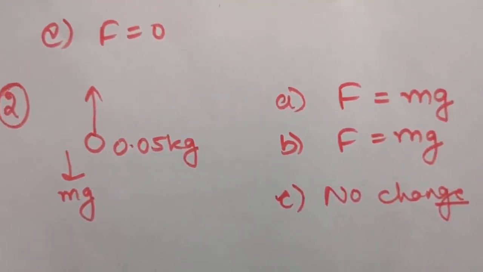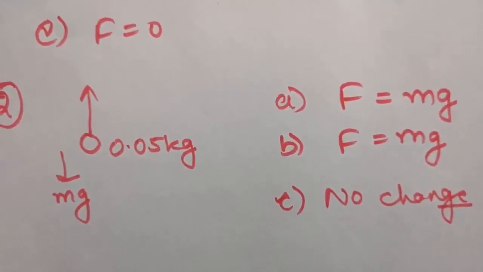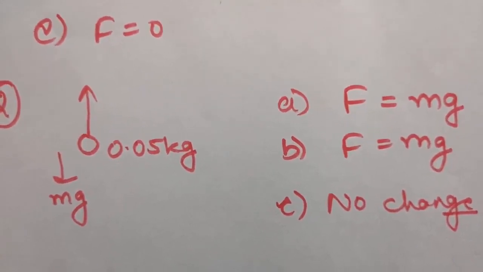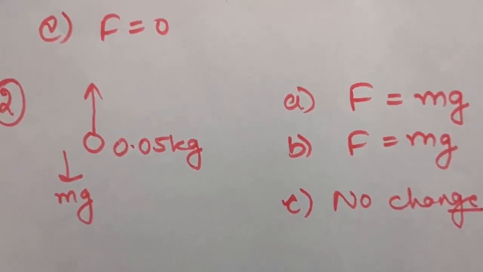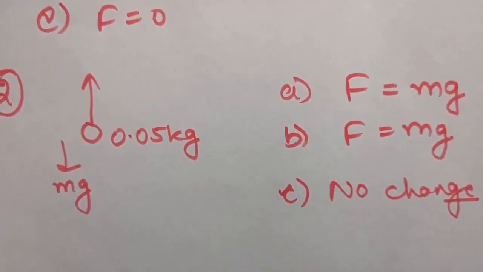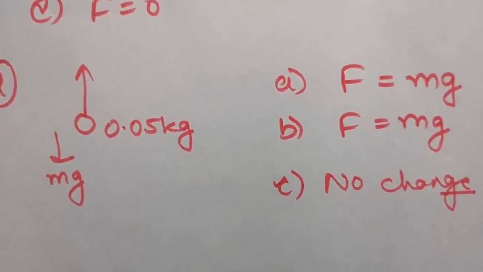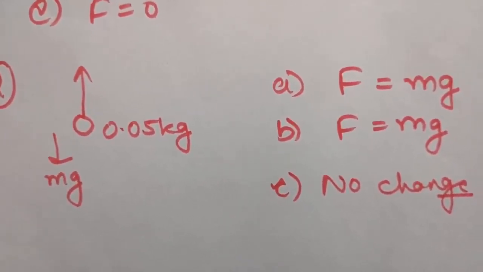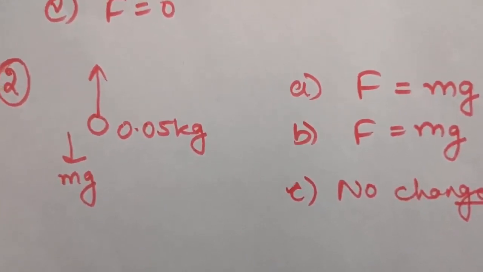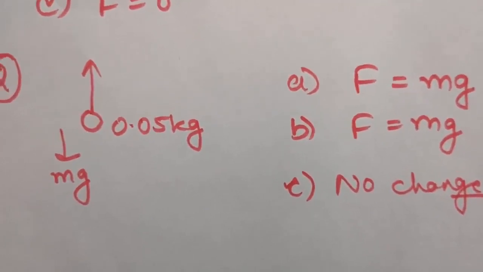See, if it is thrown by making an angle of 45 degree with the horizontal direction, then we will have two components of the velocity. One will be in horizontal direction and one will be in vertical direction. This you have done in your angular projection also. But there will be no effect on force because force is acting due to acceleration due to gravity. So force will remain same, mg. So it will also remain same. Okay. So answer of C part will be there will be no change. The force will remain same.